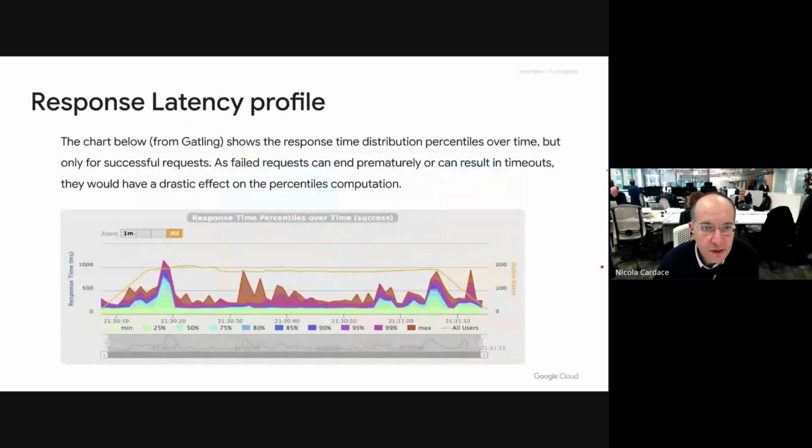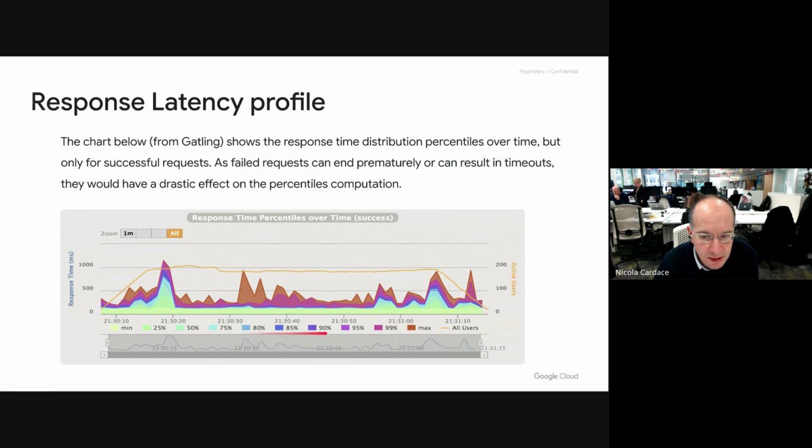Okay, so this is an example of a response time percentile chart over time, with success rate. This is coming from Gatling. They give you these charts during the test. You see this test was only 1 minute long, and you see what happened in this minute. I have the total number of active users charted in yellow. I ramped up from 0 to roughly 1,000 concurrent clients, and I got a variable response time in milliseconds from 0 to more than 1 second.